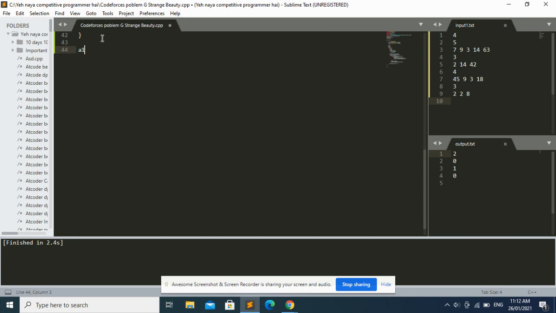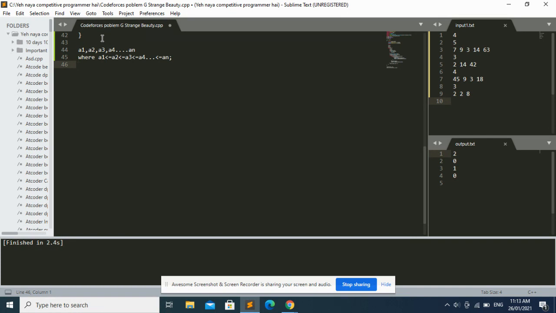So in this case, you will have a1, a2, a3, a4, dot dot dot up to a of n, where a of 1 is less than or equal to a of 2, less than or equal to a of 3, less than or equal to a of 4, up to a of n. Now, what benefit do we get after sorting this array?